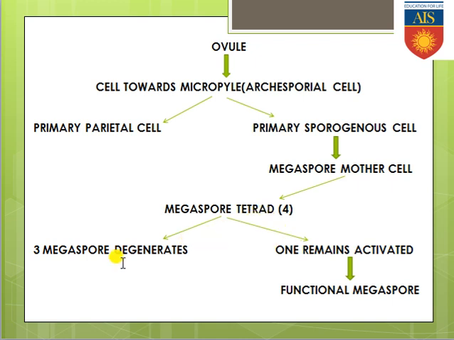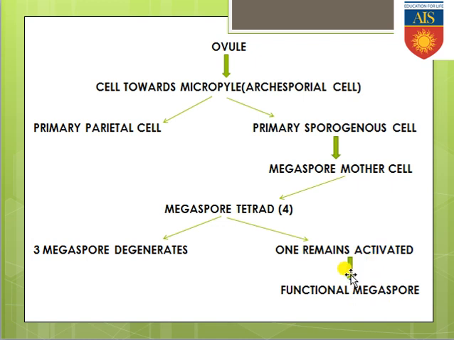One group is containing 3 megaspores, another group is containing only 1 megaspore. Now the point is that the group which is containing 3 megaspores, there you can see those 3 megaspores will get degenerated, they will get destroyed because they remain in the inactive form. But another megaspore which has segregated from the remaining 3, that specific megaspore is getting activated and forming the functional